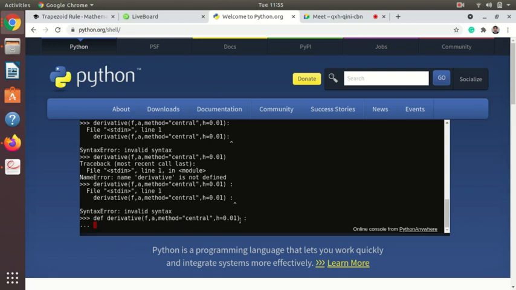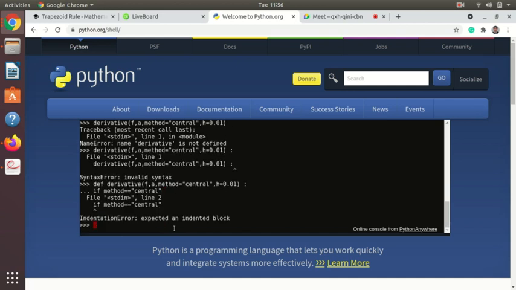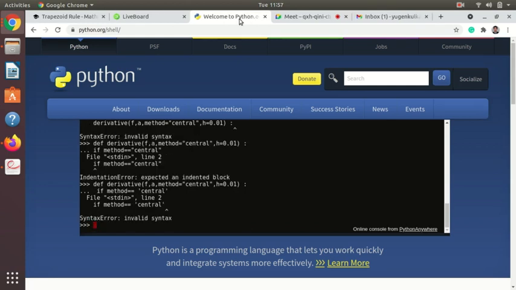So we will use the if function, that is a conditional statement. I have method is equal to. So we will tell what is method. Now we are not assigning, we are saying that if this is equal to, suppose method is equal to central, in double inverted commas. Initially we used double inverted commas, so here also we will use double inverted commas. Then if this is so, then enter. What is missing? Okay, we will try again. We have missed the colon.